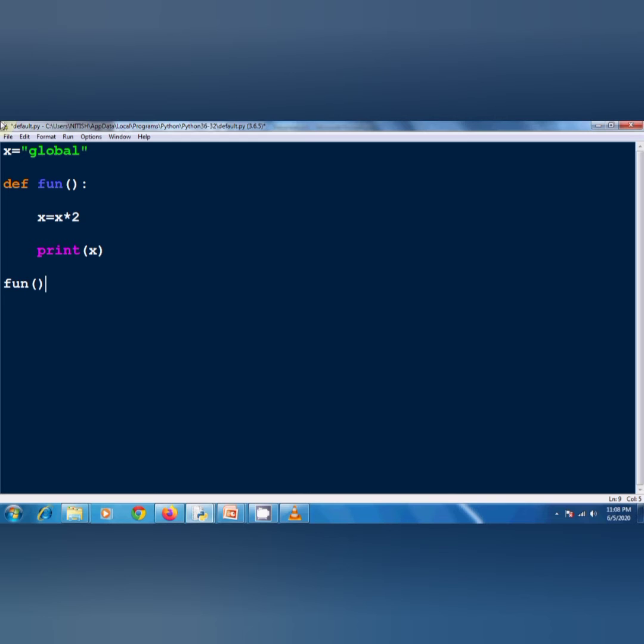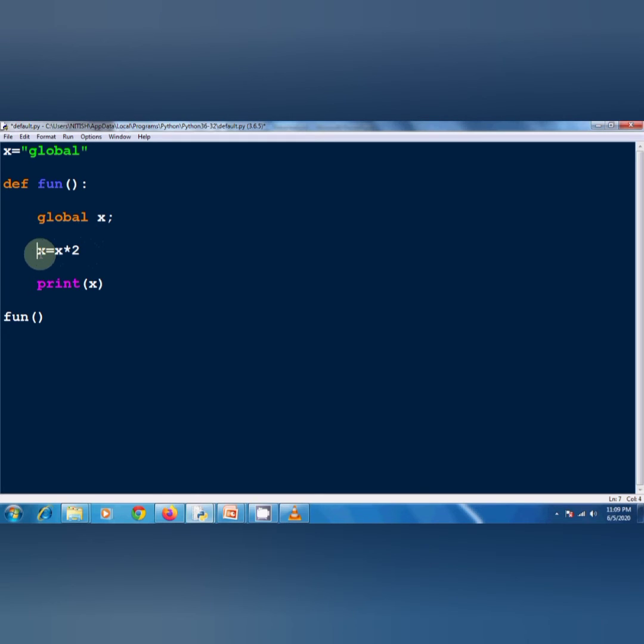See what will happen when we call this function. In the previous video we had seen the same example. What happened there? It produced an error, that is UnboundLocalError. So how will we solve that error? We have to use the global keyword. It means if we are going to update the value of a global variable inside any function, then we have to reference that variable with the global keyword.